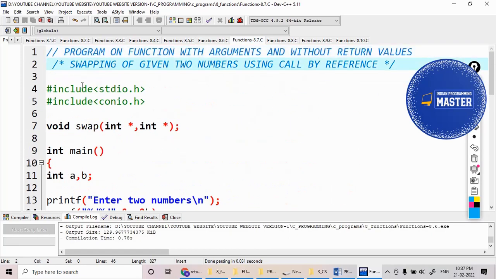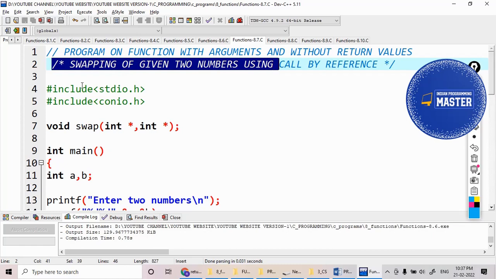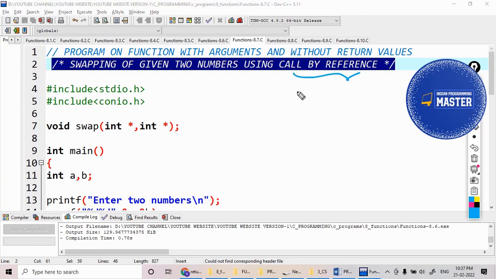Hi students, now let's see the program swapping of given two numbers with the help of the concept called by reference. In the previous video we saw how to perform this with the help of call by value, where we pass the value of a variable. But when it comes to call by reference, we call a function